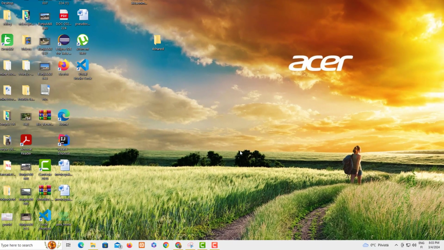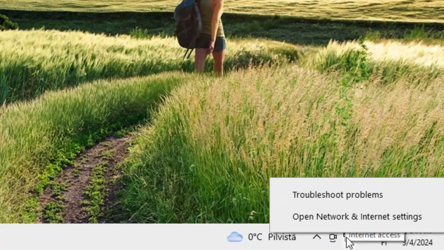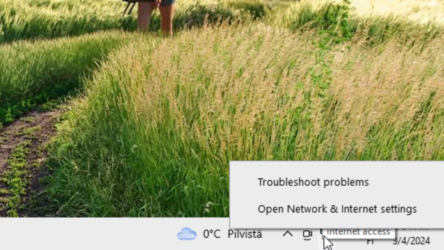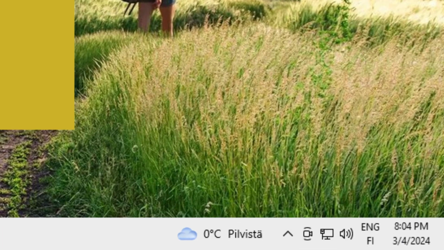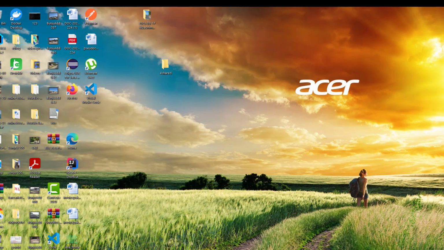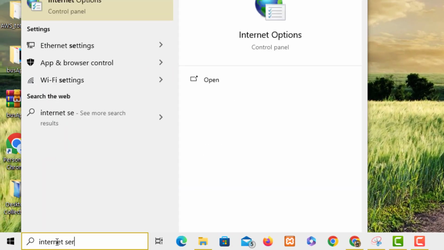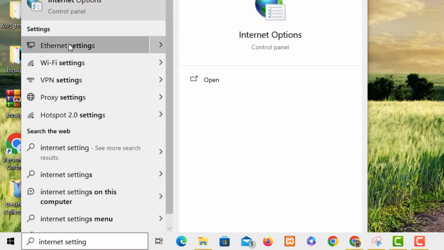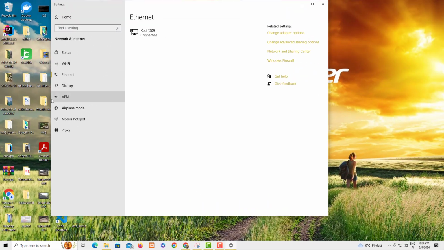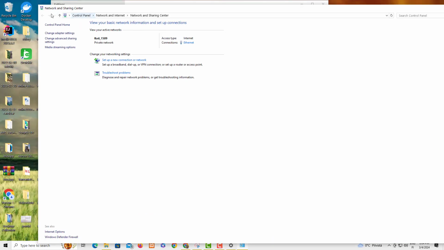The next step is we need to go to Network, right click on it, and then open Network and Internet settings. You can either use this way, right click here and open like that, or you can just type it here. It's the same thing. You can see it will bring you here, and then you click here. Click the Network and Sharing Center, and first of all we have to click Change advanced sharing